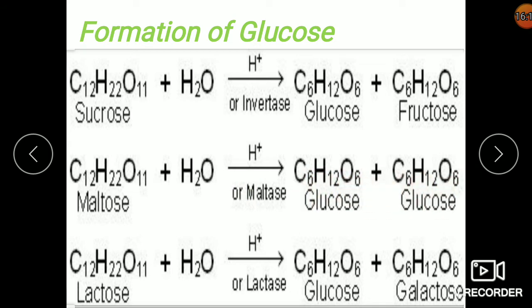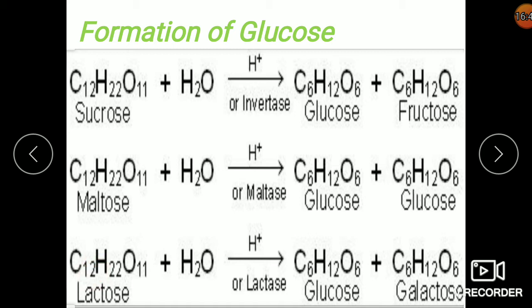But the only thing you have to remember is that when you start with sucrose, on acid hydrolysis, in the presence of the enzyme invertase, it produces one glucose unit and one fructose unit. With the same formula, if you have chosen maltose, in the presence of the maltase enzyme, it will produce two glucose units. And if you have started from lactose, though the formula is the same, in the presence of the lactase enzyme, it will produce one glucose unit and one galactose unit. So this part is very important.